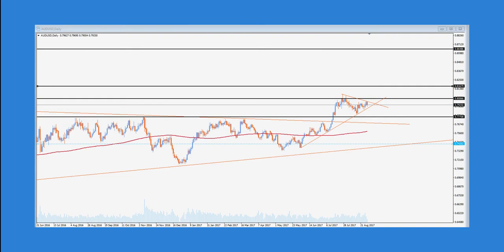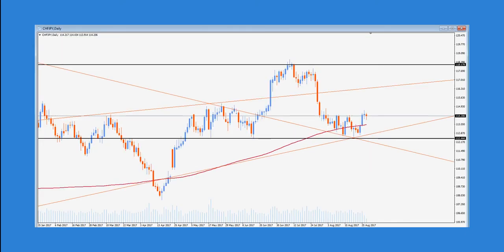Alrighty, the other pair I want to quickly mention is the Swiss yen. This area here is a really good buy zone. It's got a lot of support, and because of the conflict going on in North Korea at the moment, it's a really good spot to be thinking about buying the Swiss against the yen. And I'm looking at it reaching back up to here at around about 118 over probably the next couple of weeks,